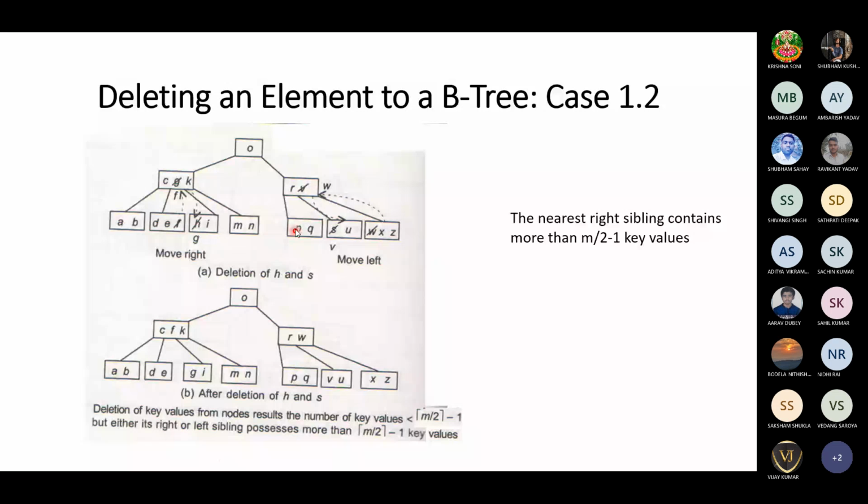Likewise, when an element is deleted that is creating some imbalance, because the right child has 3 nodes and this node has 1 node, you can move W to root and V to the right, replacing the position of S. Okay. Likewise, we are doing a left rotation. Here we are doing the right rotation, here the left rotation. Now the tree is balanced with an equal number of order pairs in the children.